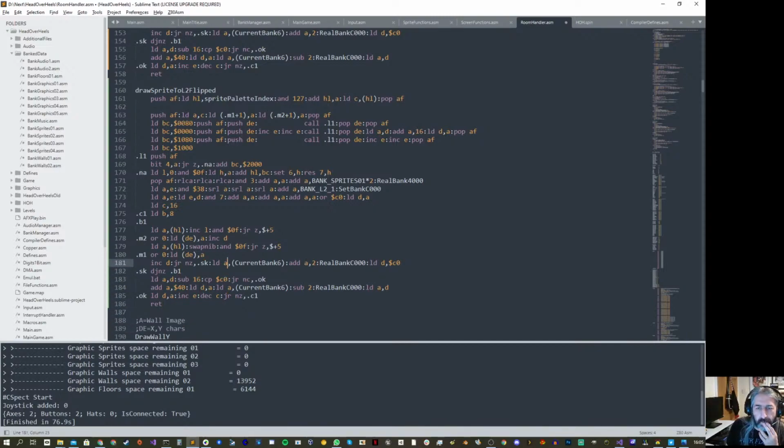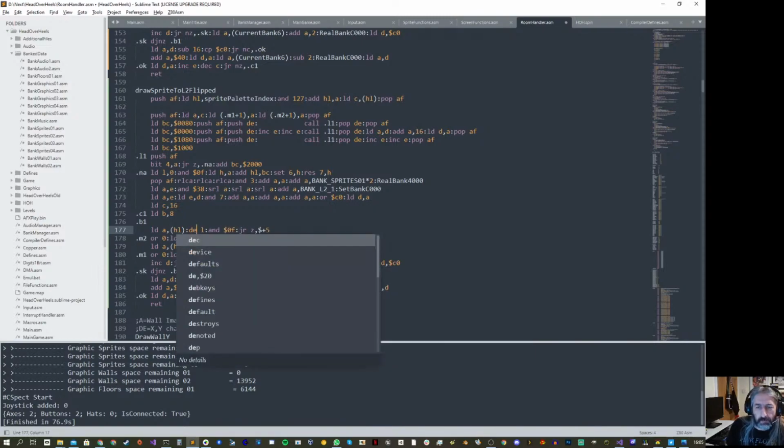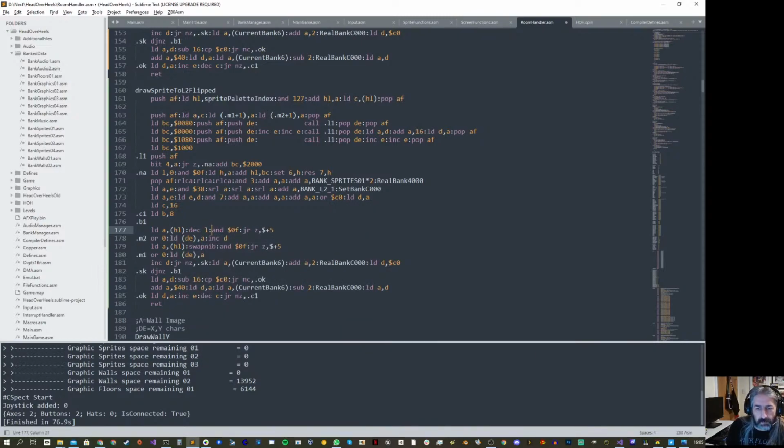Right, and then I need to, oh, that shouldn't be there, that should be on the bottom one. Deck L. Right, I need to